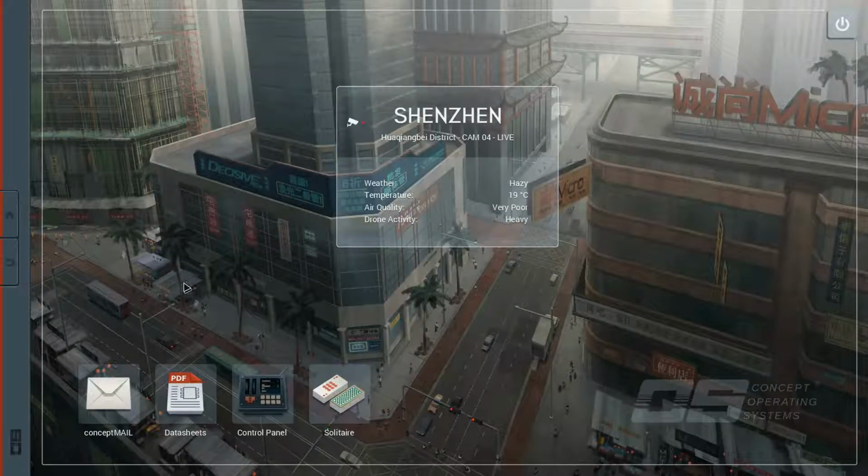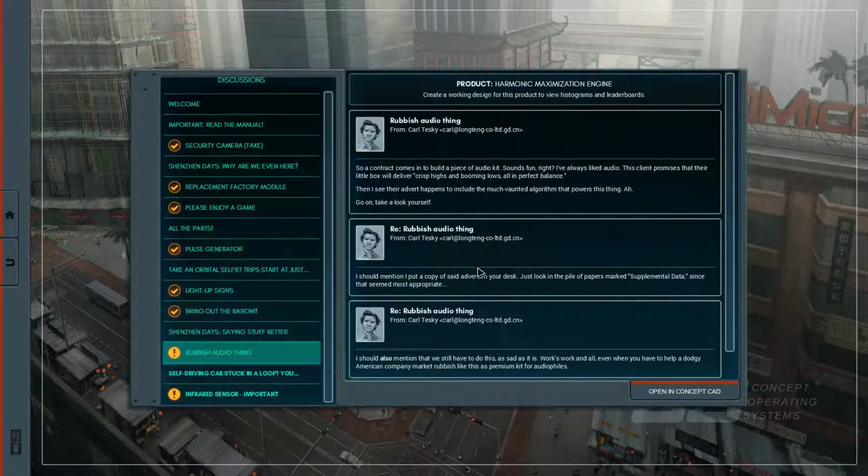SHENZHEN is the game where we build electronics, and I made a fool out of myself by writing lousy code and making silly mistakes. Well, not yet, but soon I will, because it's going to get harder and harder. Let's get back to email. In the last episode we ended up with a task to build some rubbish audio thing, so we will look into doing that. Product Harmonic